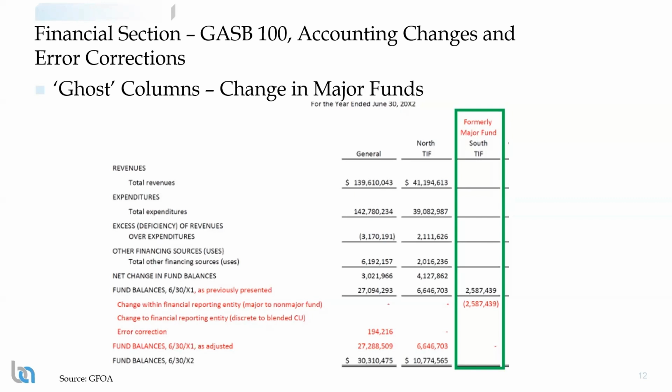So it's a bit of a unique thing, but it can probably answer questions if you have those suspicious people in your public that have suspicions of your reporting and what happened to this fund. It was there last time, and you just hid the money or took it away. It's a bit more transparent as to what's going on with the financial statements.